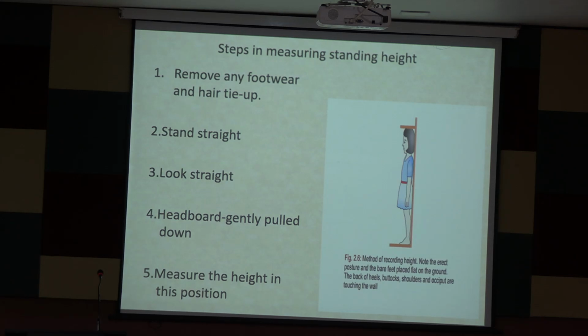And how should the height be measured? First, we should remove all the footwear and hairpins, and the child should stand straight on the weighing scale. The back of the heel, back of the buttock, back of the shoulders and back of the head should touch the scale, and the head should look straight, that is known as the Frankfurt plane, that is the line joining the root of the external